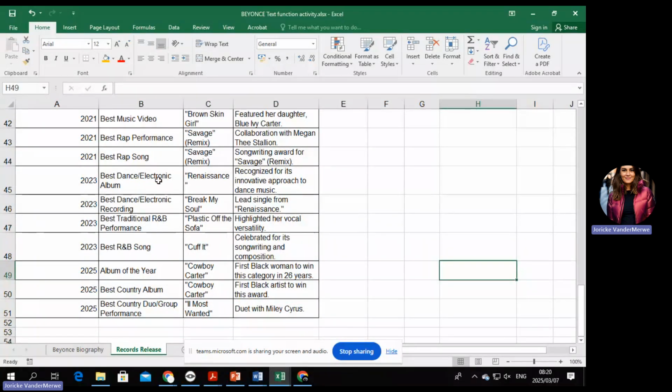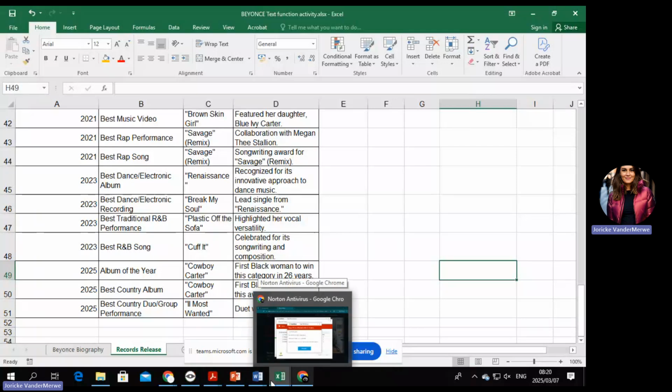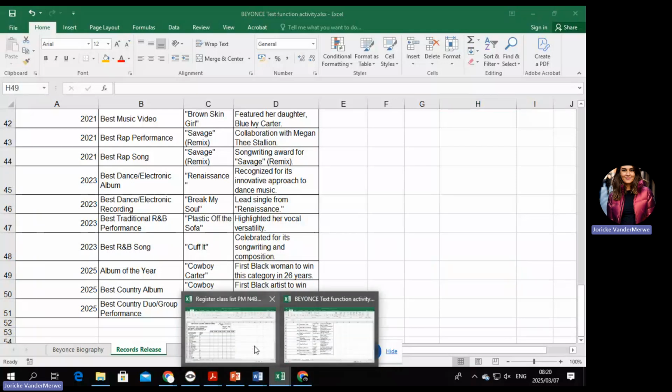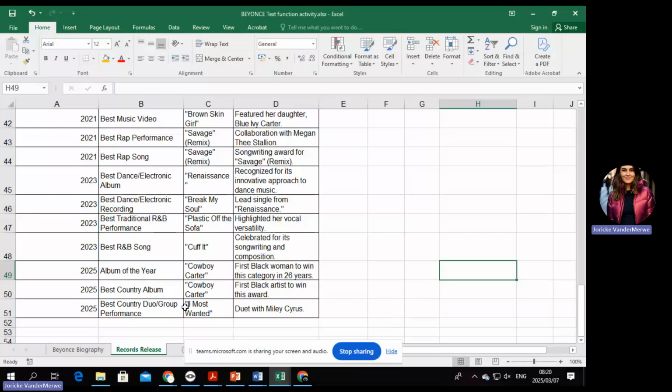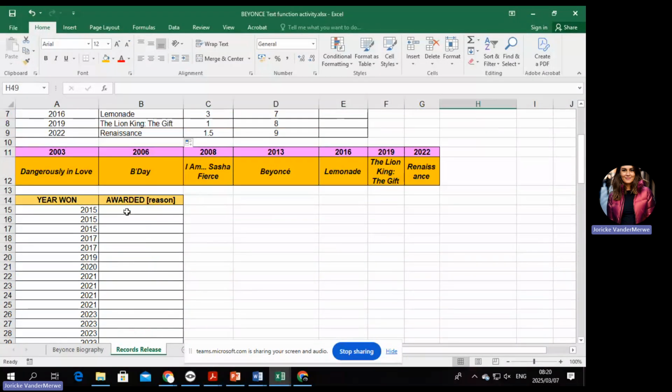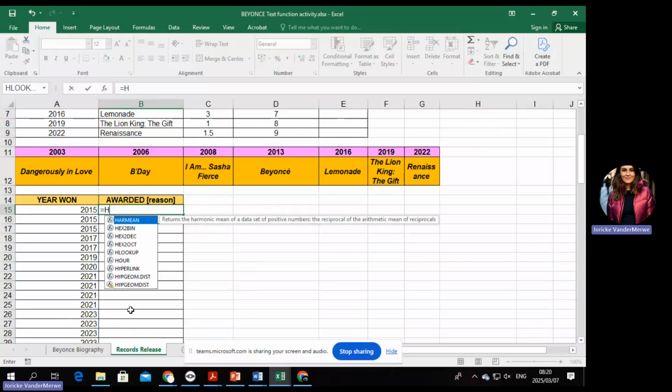All right, so let's quickly start with this equation. For instance, here we want the reason awarded. So we're going to say this is going to be equal, and we are going to use a VLOOKUP in this case.